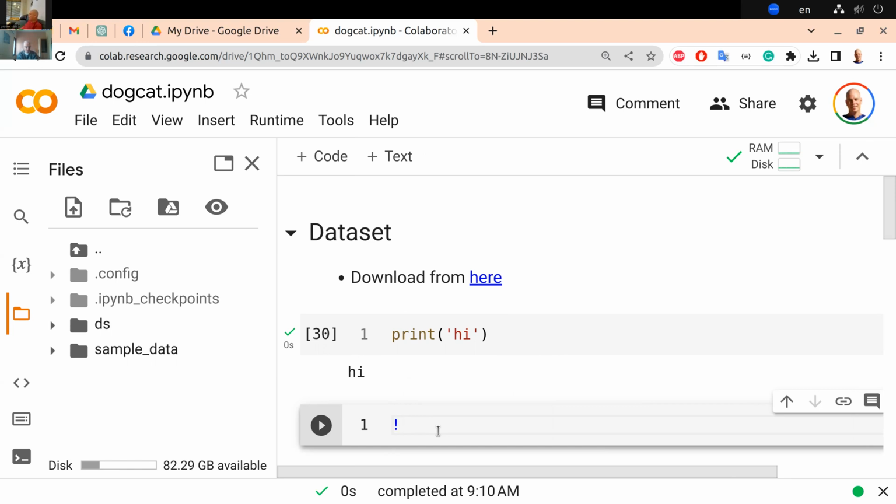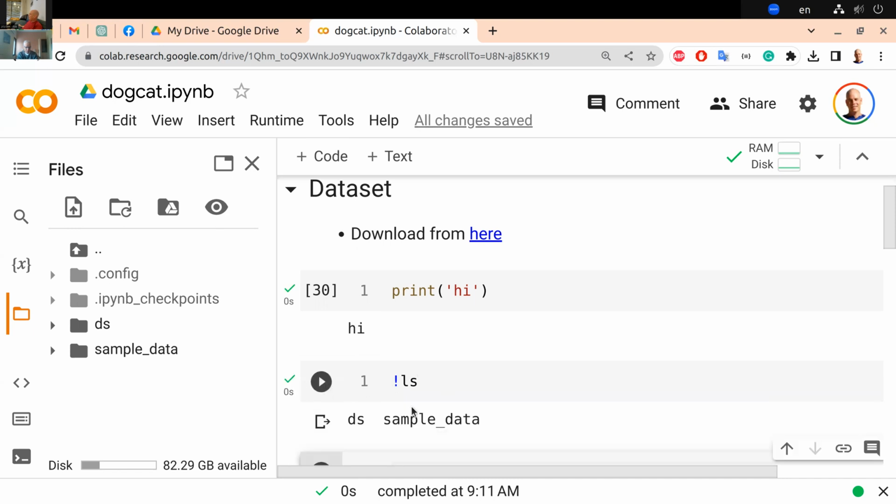So if I start with this exclamation mark, I don't execute Python code, but rather a shell command. Do you know Unix? No. Never? Okay. ls in Unix is show me all the files in my current directory. So I run this. I can see that I have only, okay,